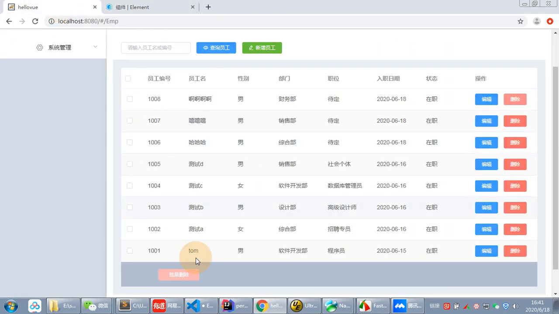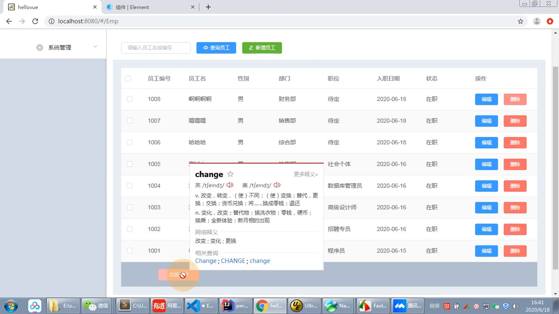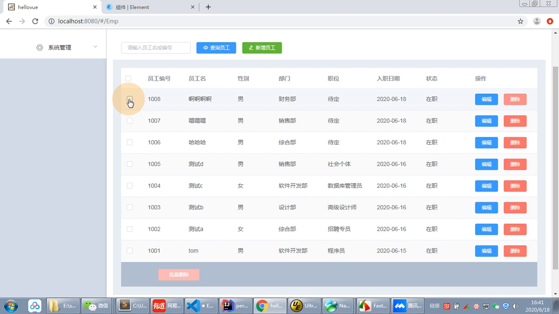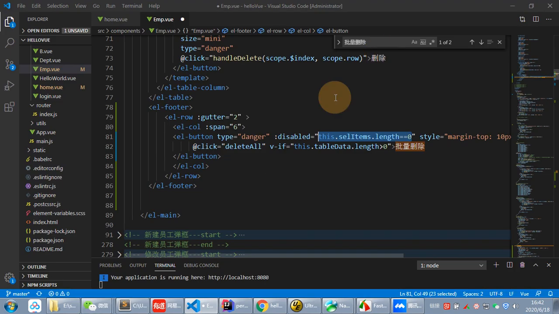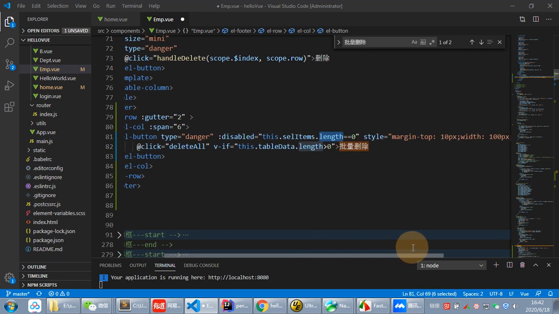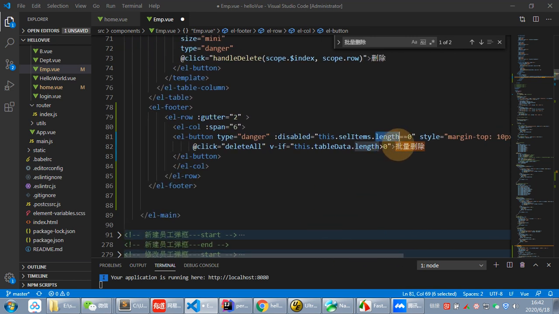Okay, then it's not allowed to work. When you select a line, then it can work. So whether it can work is determined by the items you select, and if it can work,